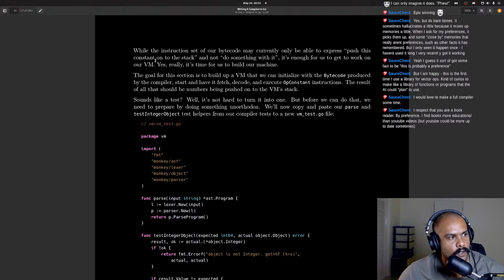I respect that you are a book reader. By preference, I find books more educational than YouTube videos, but YouTube could be more up to date sometimes. Yeah, YouTube can be useful, but I'm trying to create a habit of just reading the docs completely, and it's making quite a lot of difference. I'm trying to work over my own impatience, really,